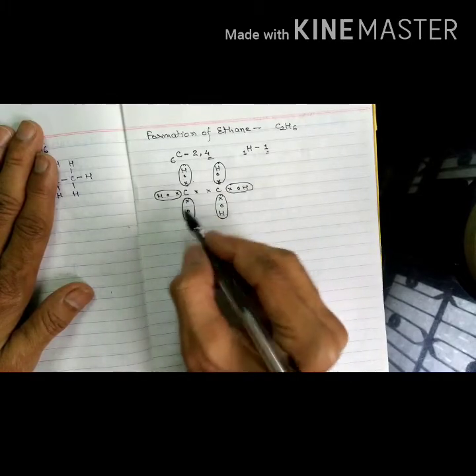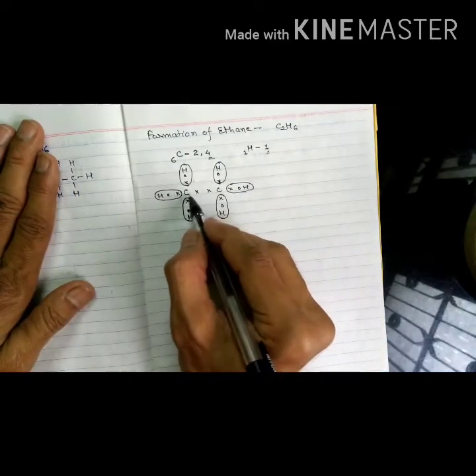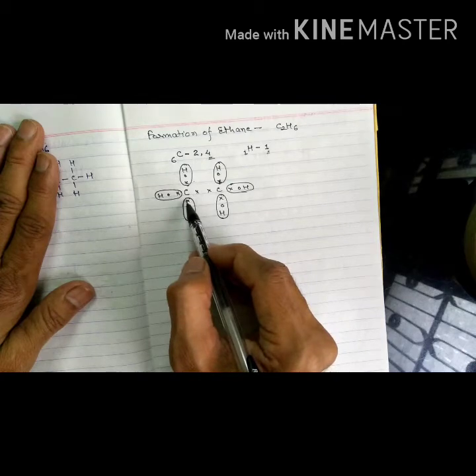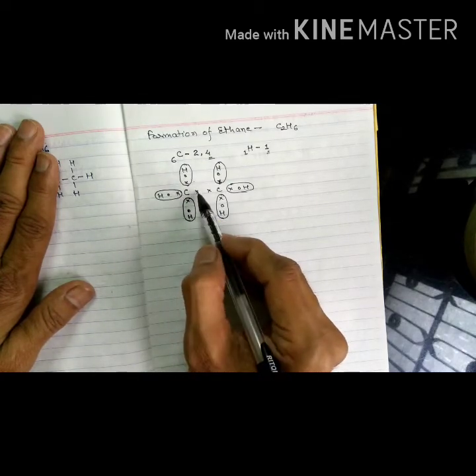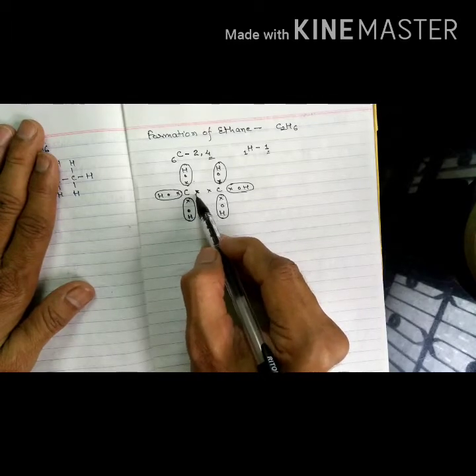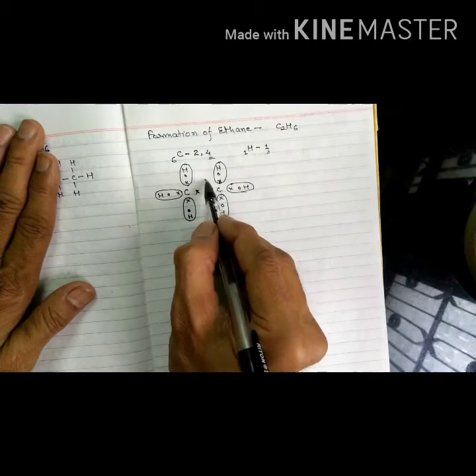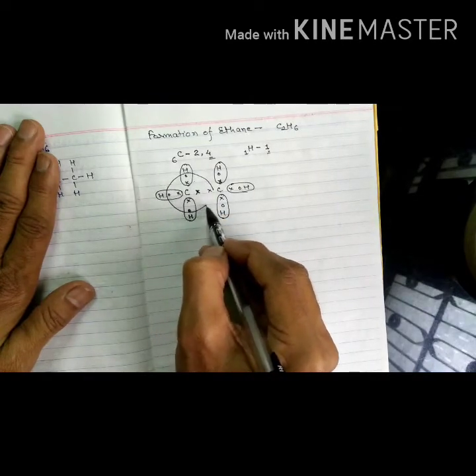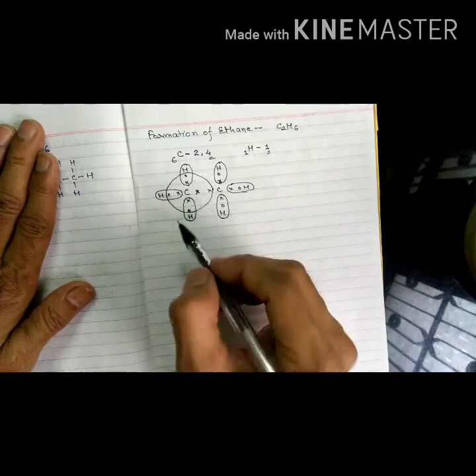Now in this way, duplet of each hydrogen gets completed. Now about the carbon, 4 electrons of carbon are here and 3 electrons can be shared with the 3 hydrogen and 1 electron can be shared with the second carbon. So this can also complete its octet by sharing of electron 3 of hydrogen and 1 of next carbon. In this way, octet of this carbon is complete.